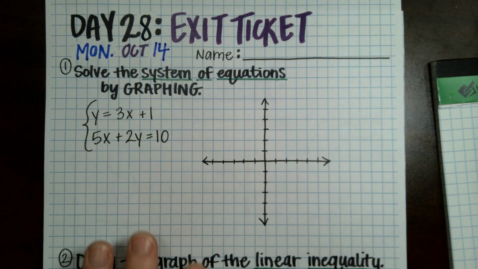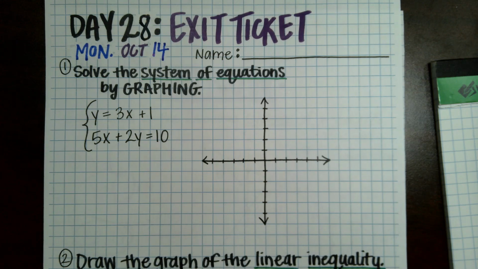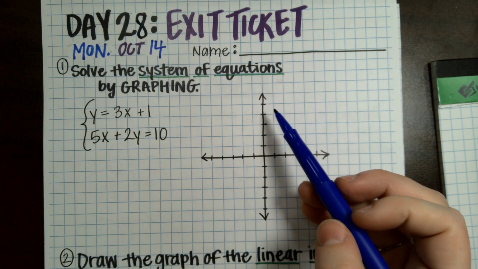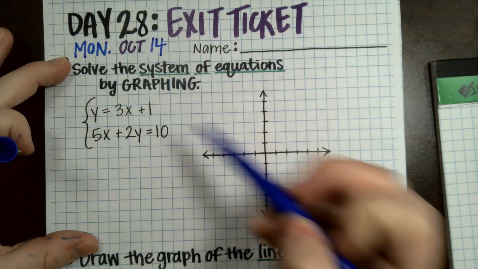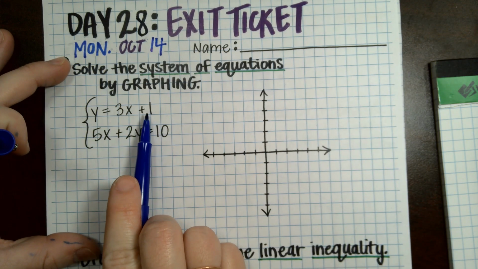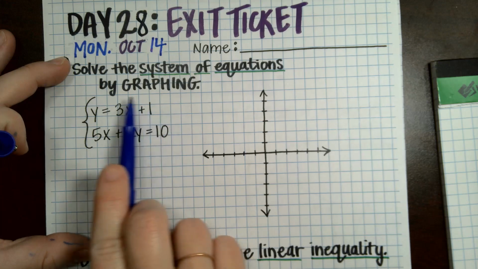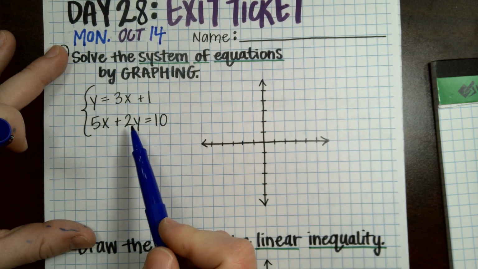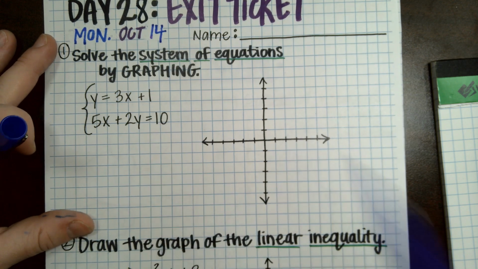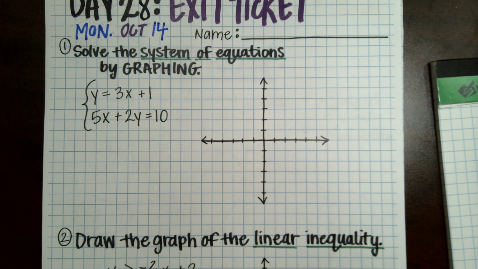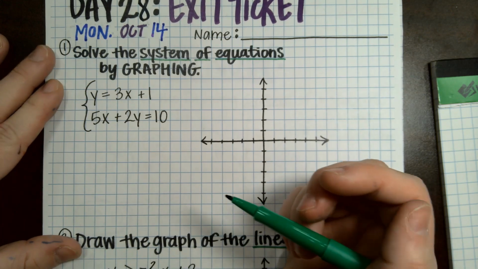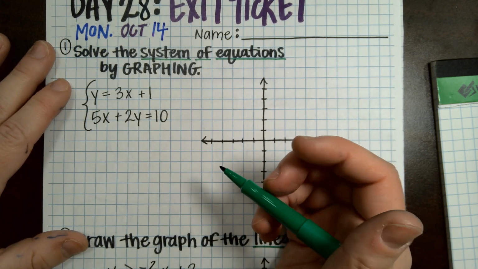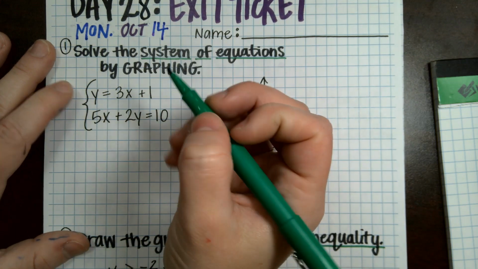So let's look at this as our example problem. We want to solve the system of equations by graphing. So I've got two equations here. y equals 3x plus 1. That one is already in slope-intercept form, so we don't need to do anything to it. Then we've got 5x plus 2y equals 10. Ax plus by equals c. So we're going to need to figure out our slope and our y-intercept from this equation. And I'm going to walk you through just real slowly, step by step, how to do that. So remember,